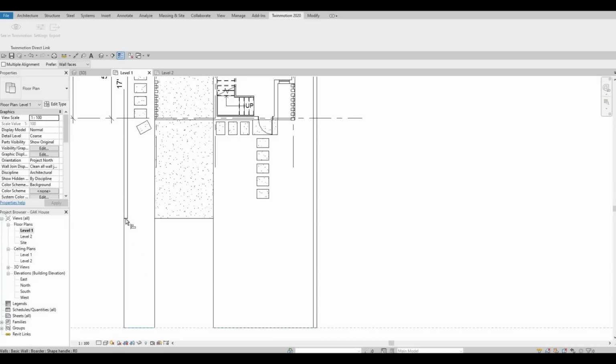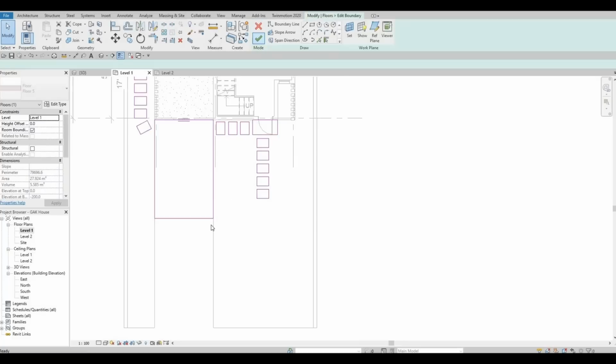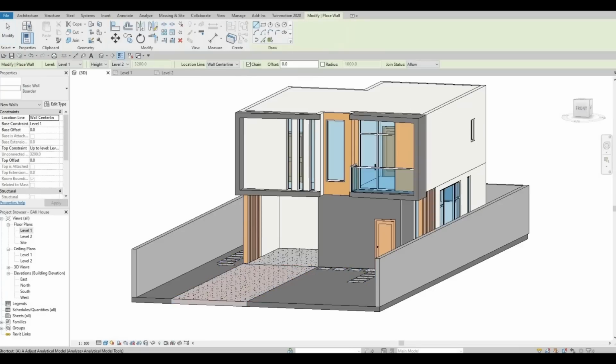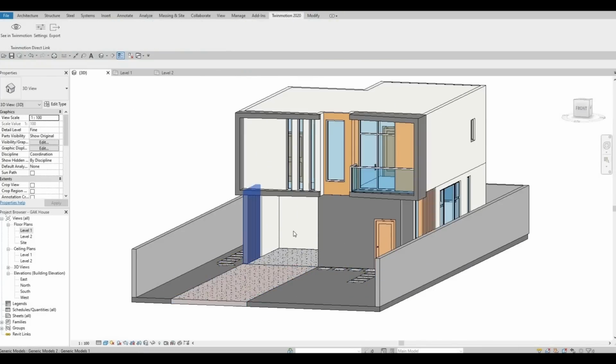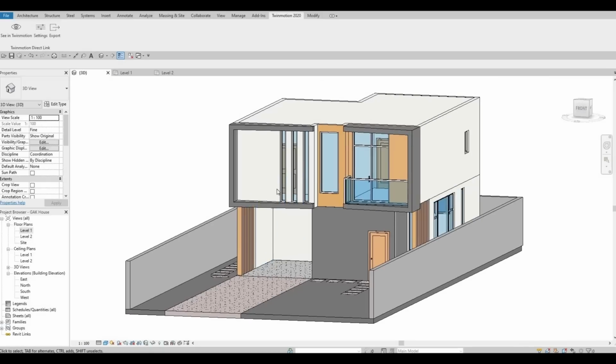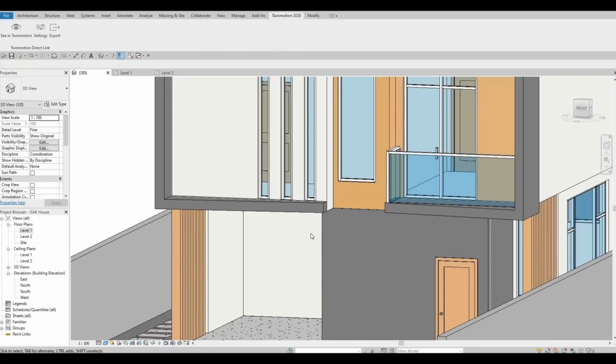So that's the wall. And then now we need to edit this boundary, and then AL again, we need to click this and then this. So quickly you can change this. After that, escape. After that,